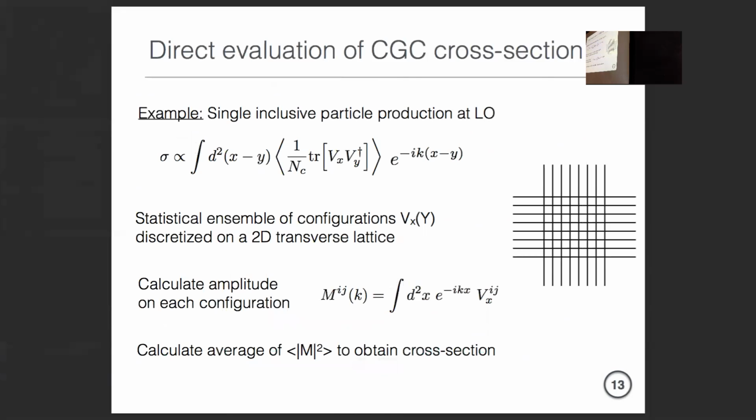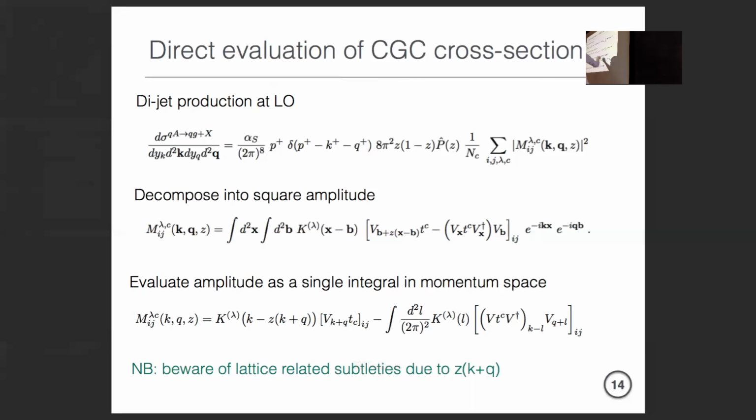This is fine. The thing is, you cannot do this in coordinate space. This is too expensive to do in principle. So you do it in momentum space, and you still get this kind of factor z here, but you have to be very careful with what momentum you actually assign to this on the lattice. This is somehow a technicality, but it took me probably three or four days to actually understand what was going on here. Other than that, in principle, there's nothing difficult here.